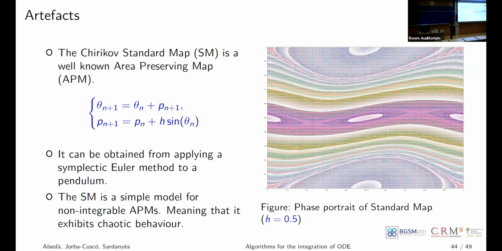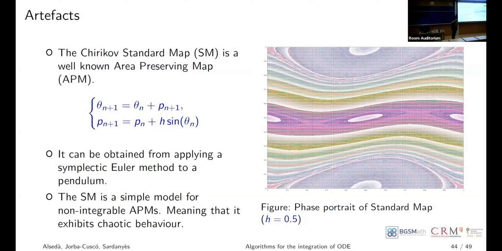And if I try to simulate the pendulum with this, here I picked an H of 0.5, which is large on purpose to see the bad behavior. But as long as H is different from 0, you'll have chaotic motion